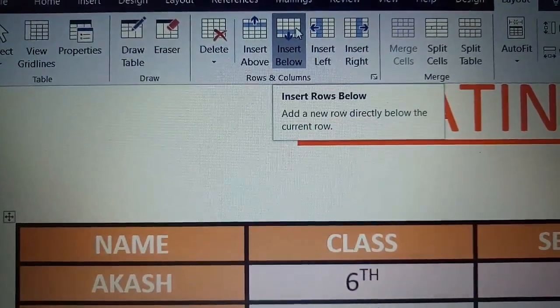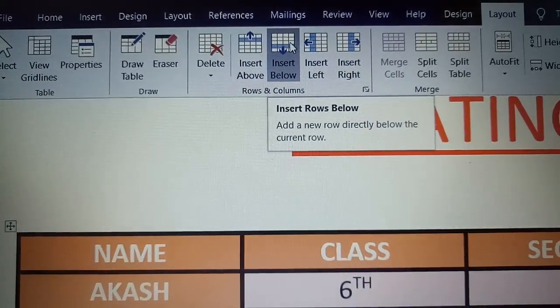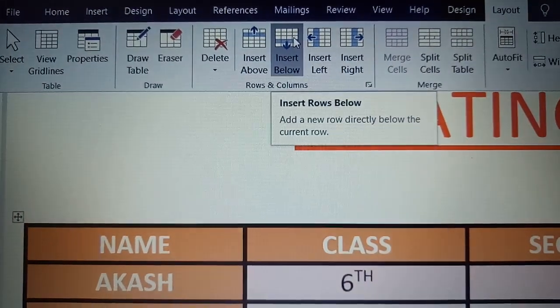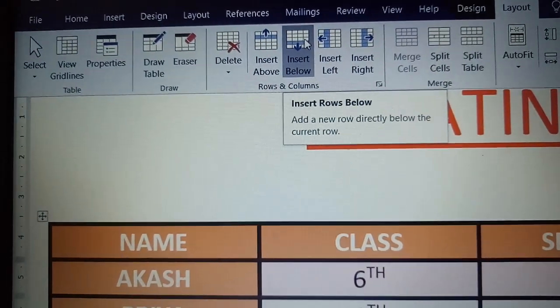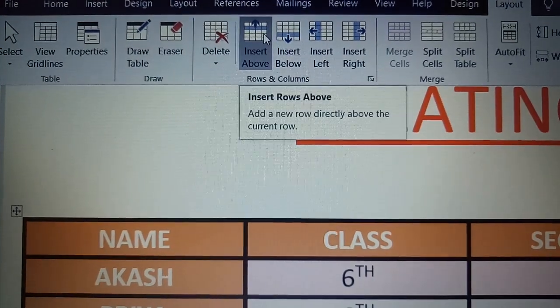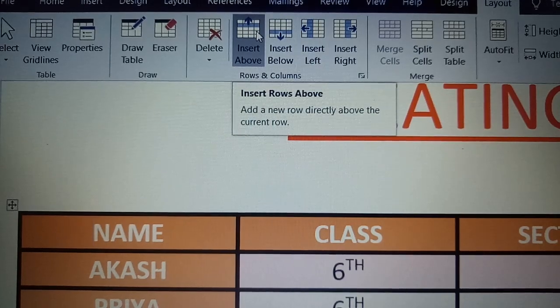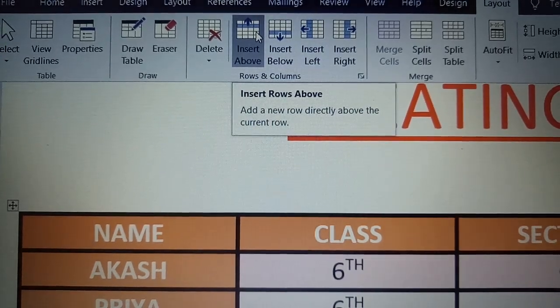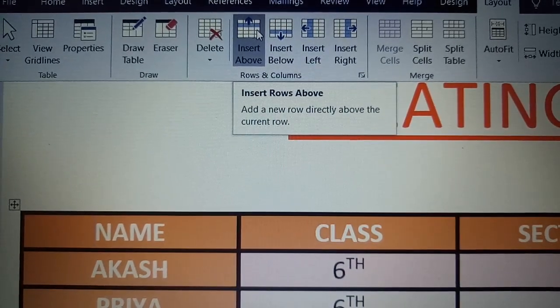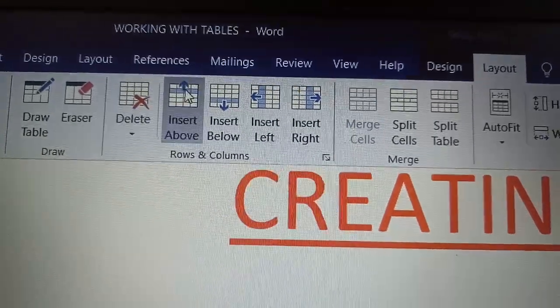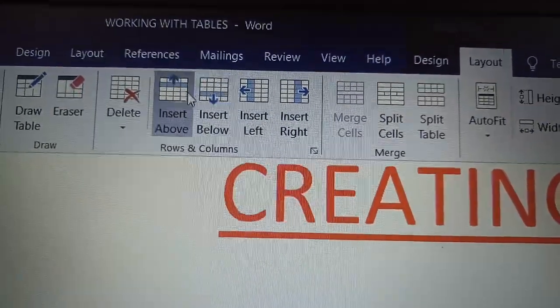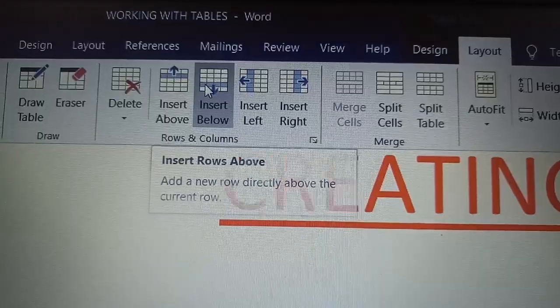This other option inserts the row below the selected row. If I want the new row to appear above the row in which my cursor is present, it will appear just above that.